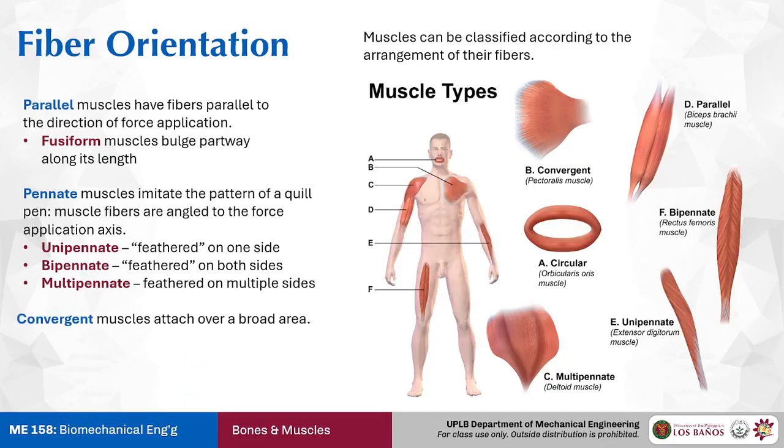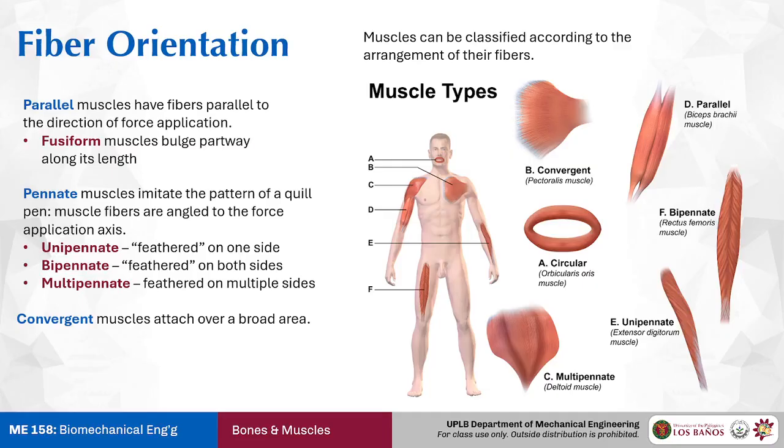You also have convergent muscles like your pecs, but we won't be examining them because they're a little complicated. The force is spread out over a highly variable area. So we won't be using this much. There is also the matter of more hydrostatic-ish or rather more circular types of muscles, but we will not be examining these as well. Now, our main comparison will be in between parallel and pennate muscles.